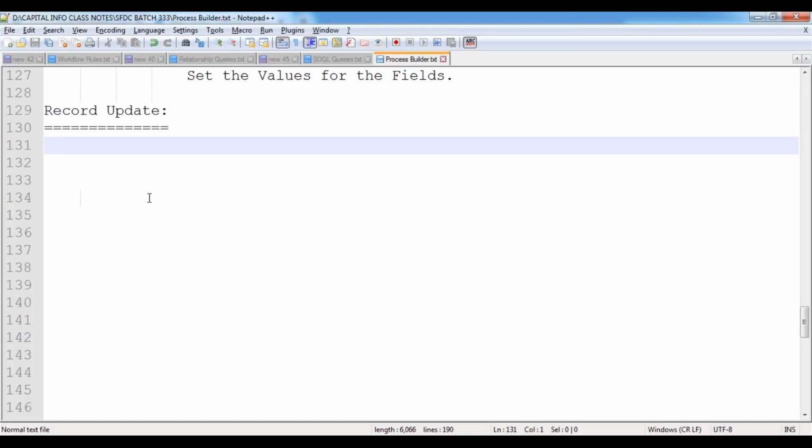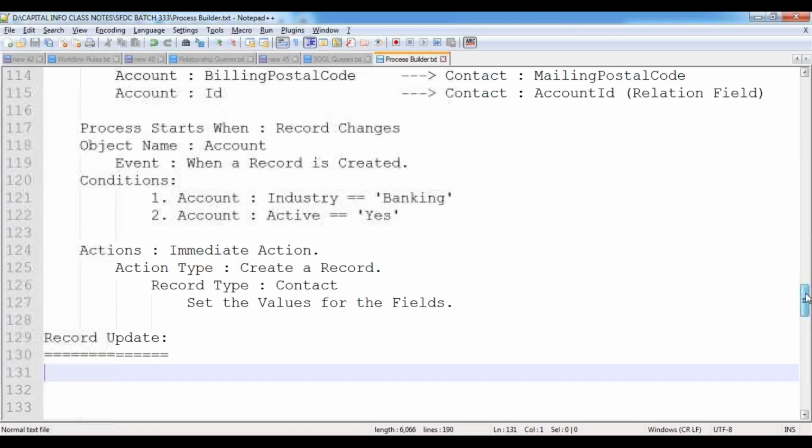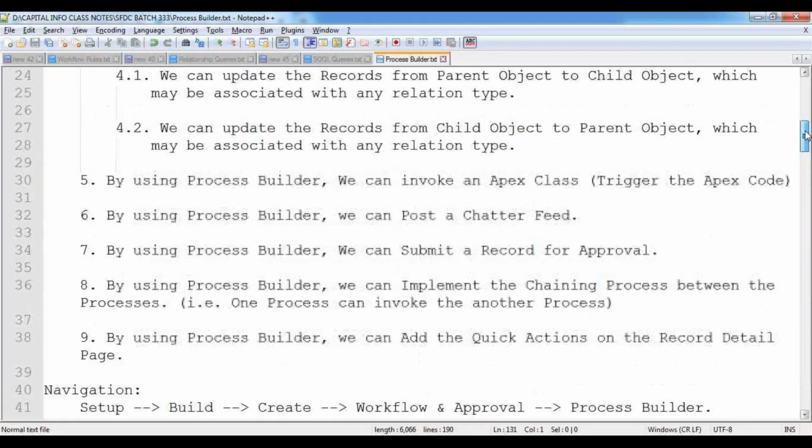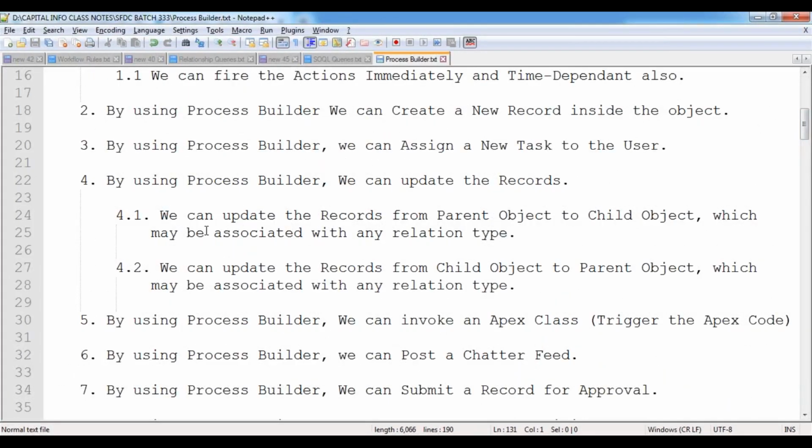The next one is updating the record. We'll see how to update the records. I already told you in the previous session, while giving the information about process builder, that through process builder we can update records also. We can update the records from parent to child and child to parent also. That possibility is available. For example,